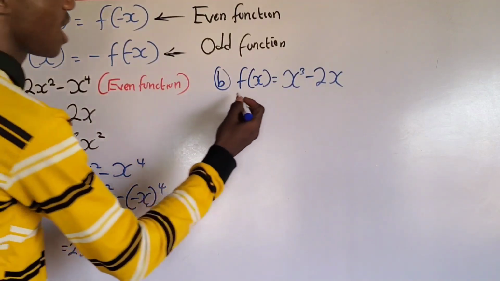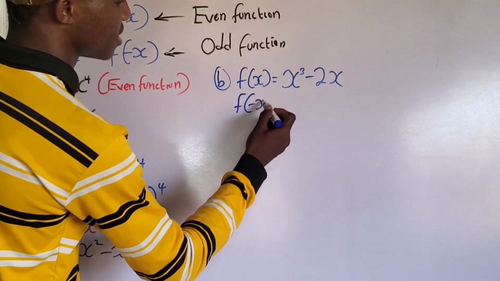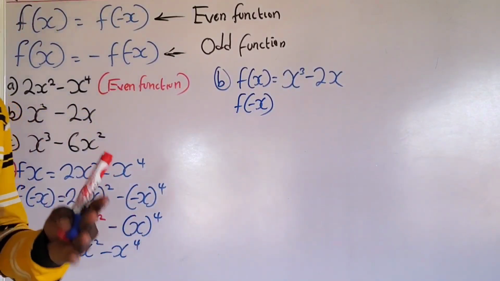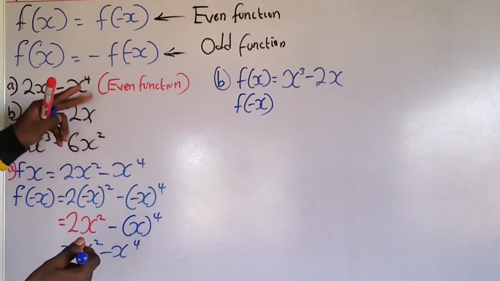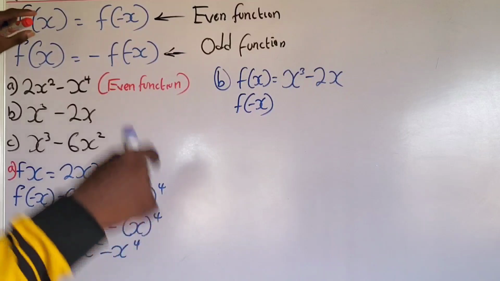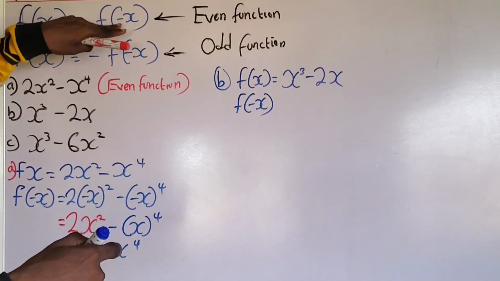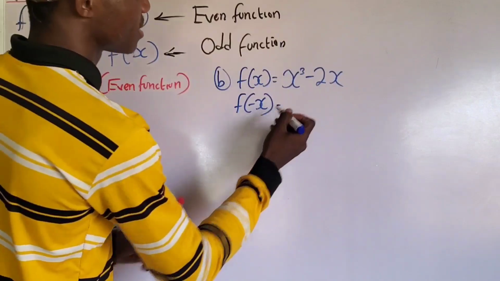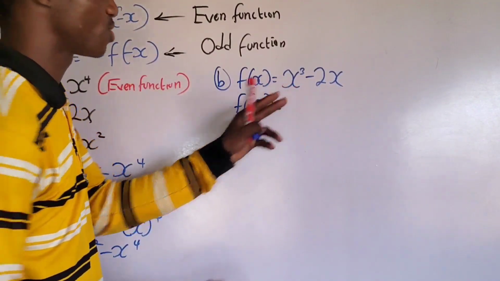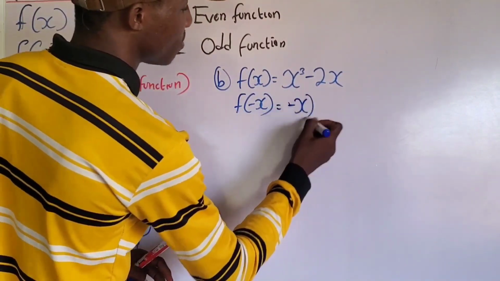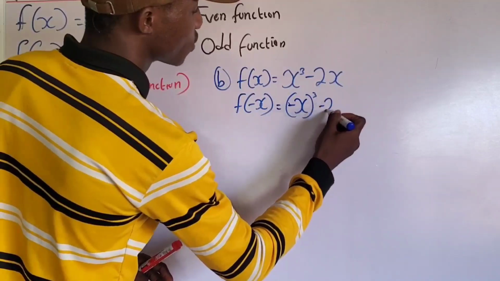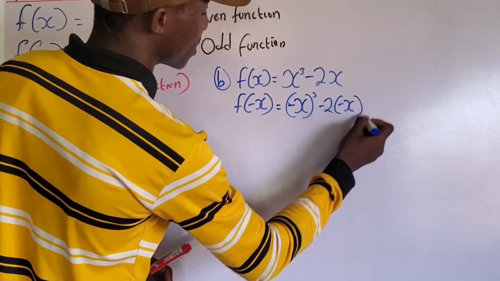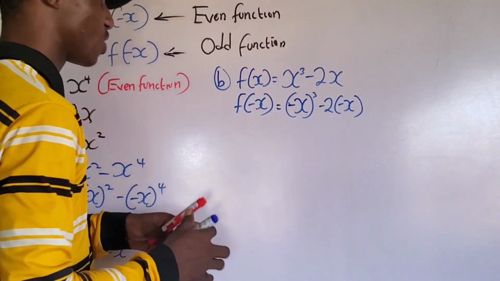For this, I'm going to have f of minus x, because a function that is an even function must satisfy the condition that f of x, the function itself, must be the same as f of minus x. So let us go. I'm going to replace x with minus x in this place. So I'm going to have minus x to the power of 3 minus 2 into bracket minus x. So if you simplify this, you are going to have